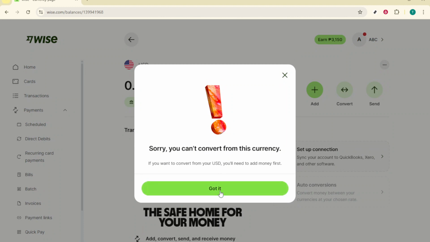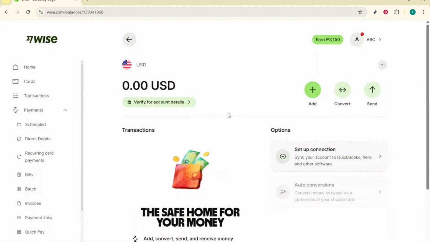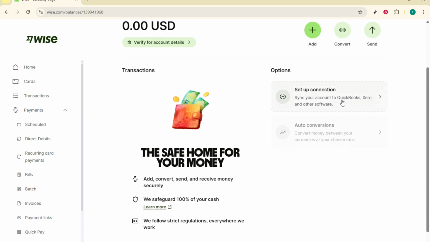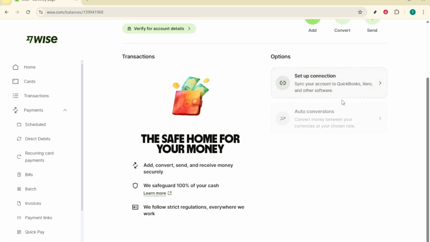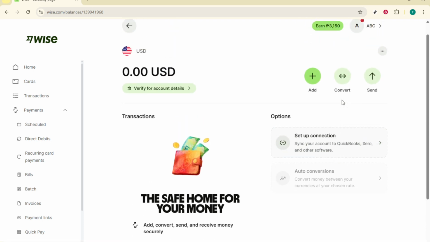Now that you've entered the amount, you need to select the currency you wish to convert to. This is done using a drop-down menu which lists all the currencies your account supports. Once you choose your desired currency, it's important to take a moment to review the conversion details. You'll be able to see the current exchange rate, any fees that apply, and also the exact amount the recipient